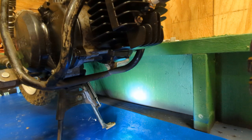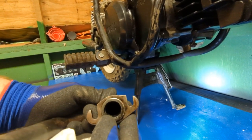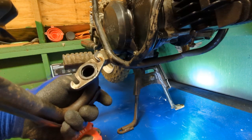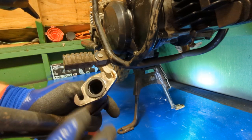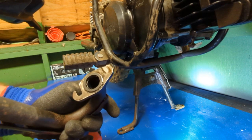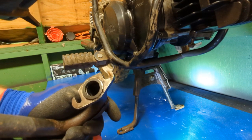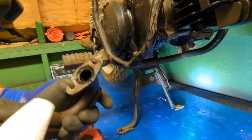But there is a restrictor plate that's supposed to be in here. I don't have it in here. It's not in it, so I don't know what to do with it, to be honest. But there should be a restrictor plate. You can put it in or you can leave it out. If you want it to be slower, if you have a new kid that's gotten on, you can put that restrictor plate on it, and it keeps it from going real fast, so the kid can get used to the controls before they get used to the speed. So if not, you can just take this and put it down, and you can just use like a